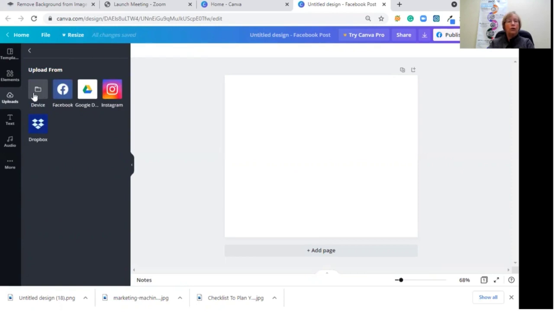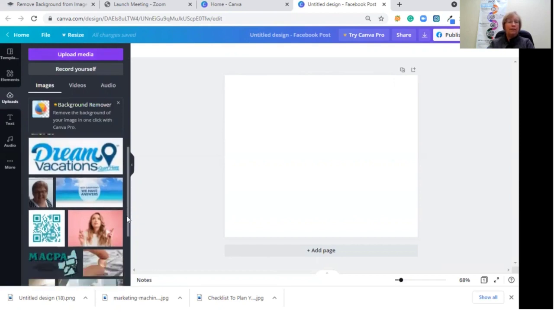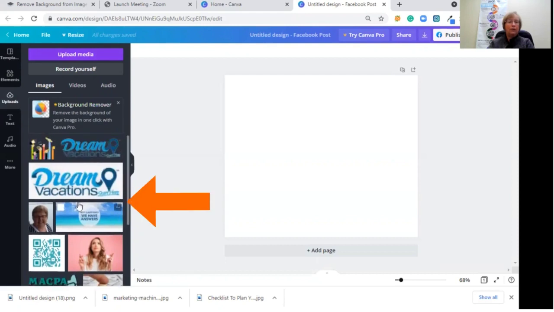For your computer, if you have a graphic on your computer, you click on Device, and then just follow the prompts to upload the graphic to this location. So I'm going to go back to Uploads. And as you can see, I've already added 4 different images for Ellen's